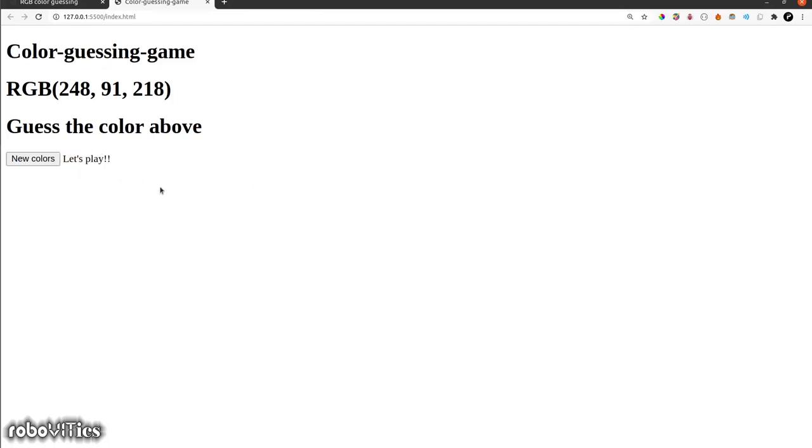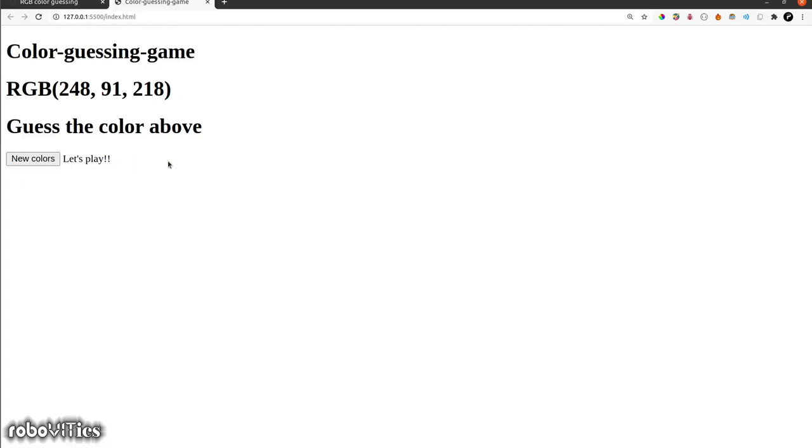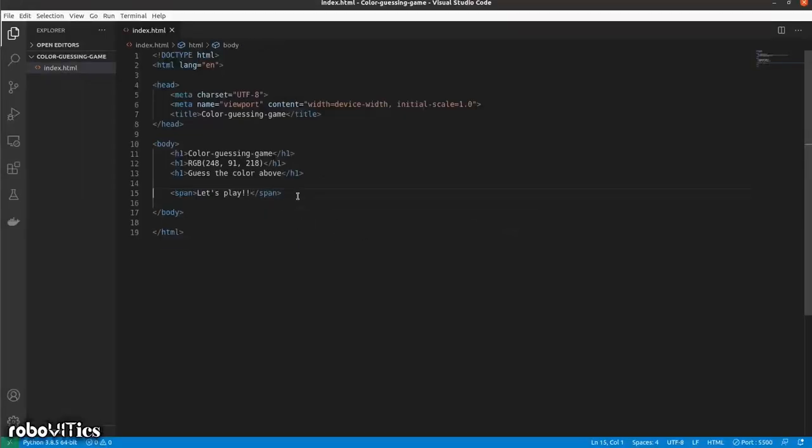There's something called a display property, and by default the display property for span is inline, which basically means that we do not allow it to take the entire row for itself. In the case of h1 tags, the display property is block, which lets it take the entire line and forces the next HTML element to go on the next line. Our last two buttons, easy and hard, come right after this. So let's add those as well. Two buttons, and I'm going to call them easy and hard.